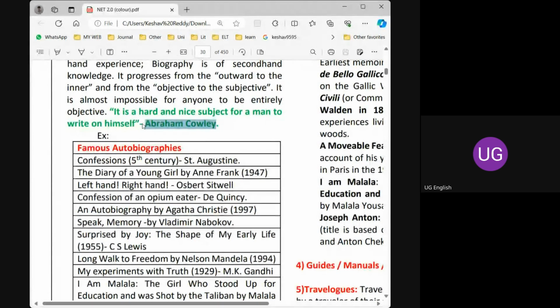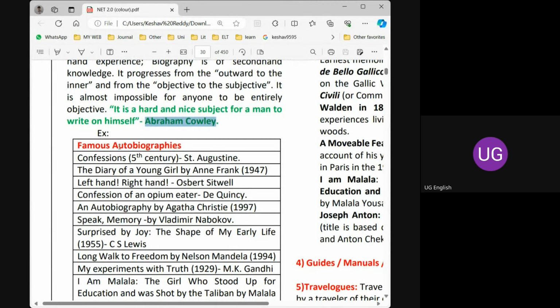And one more interesting point about this Lives of the Poets book, please make a note. That is very important. These 52 lives are arranged in an order, the chronology of the date of death of the poets, not the date of birth of the poets. So these lives are arranged in such a way that the date of death is very important. So that's why this Abraham Cowley is a very important person. Please make a note of it.